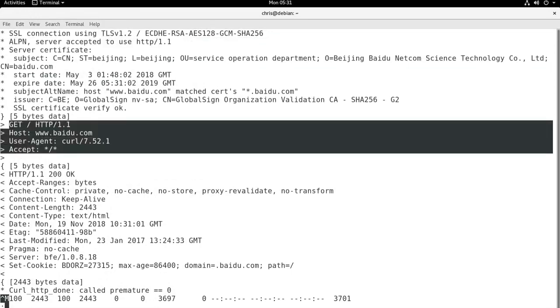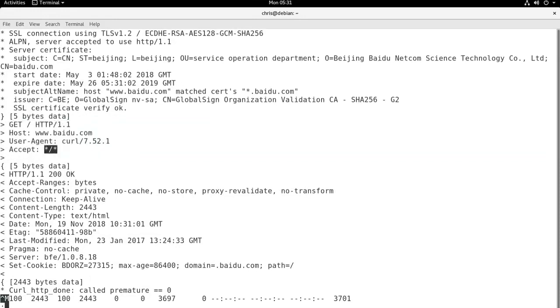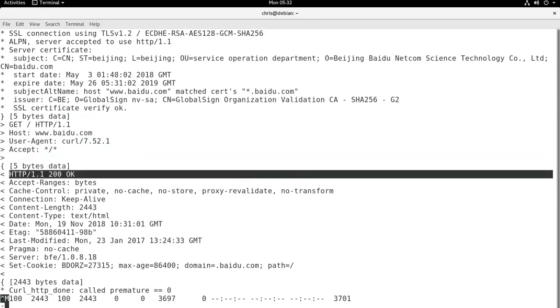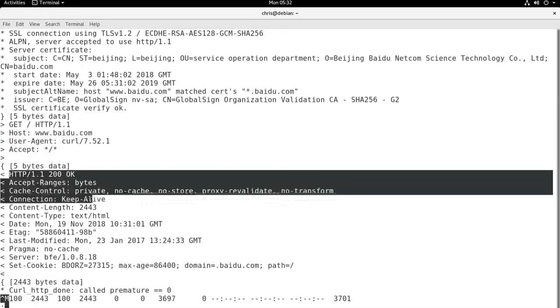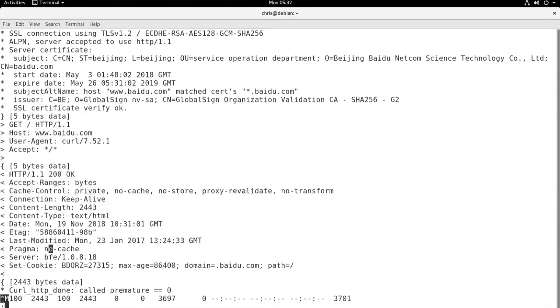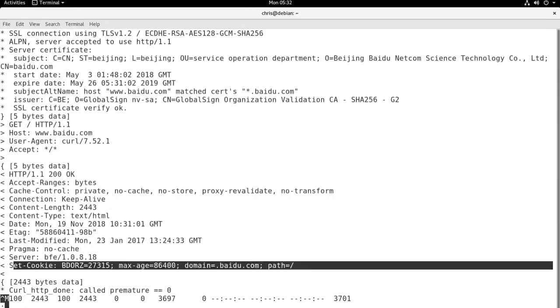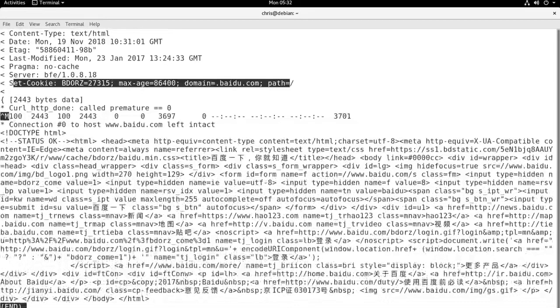and then here curl is showing us the regular ASCII request that we're used to seeing, right? As web app pen testers, we're used to the GET and the slash and all this, the host, the user agent, which of course here is curl, and then give me back any type of data. And then the web server responds with a typical ASCII header of 200 OK. Here's some stuff that's coming at you. I don't cache things. Here's a cookie, so I can track your status as we go through. And then, of course, after that comes the HTML.